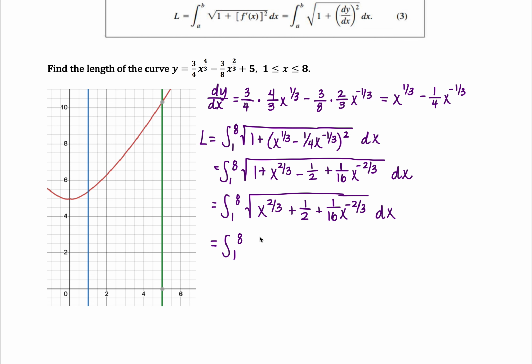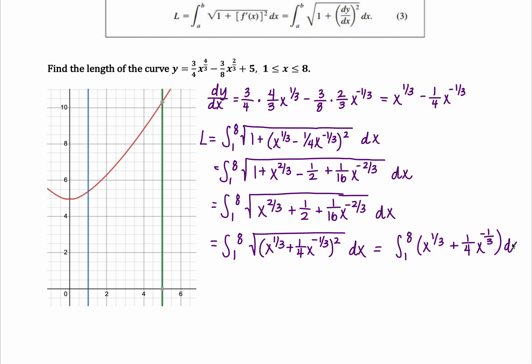So it might seem like we undid something to do it back up again, but this is going to allow us to get rid of the square roots. So when you take the square root of something that's squared, they're going to cancel each other out. So we're just left with the integral from 1 to 8 of x to the 1/3 plus 1/4 x to the negative 1/3. When we integrate,